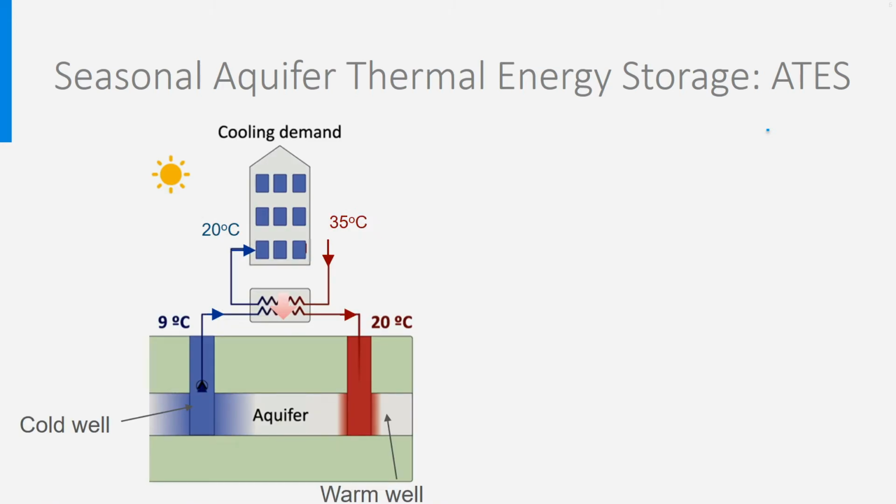Let's start with the summer situation in which cooling is needed for the building, and just imagine we want to cool warm outdoor air from 35 degrees Celsius to 20 degrees. If we pump the cold water from the aquifer, we can easily transfer heat from the warm air to the aquifer water flowing through the heat exchanger. In this picture, I used aquifer water at 9 degrees, which is often the temperature in North Europe. But that would work as well if the aquifer was warmer, as long as its temperature is colder than the one of the outdoor air.